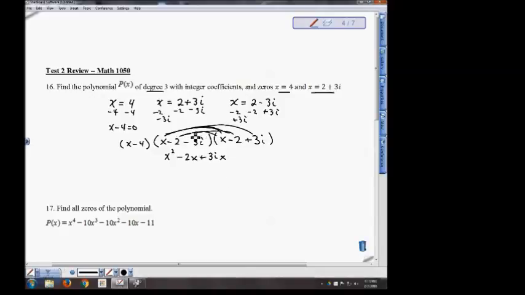You have negative 2x plus 4, or minus 6i. And now multiply the negative 3i, and you're going to have negative 3ix plus 6i